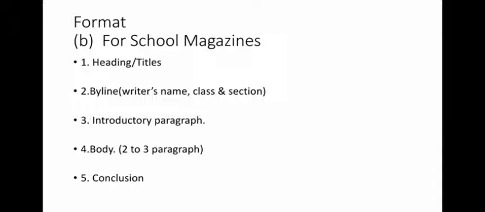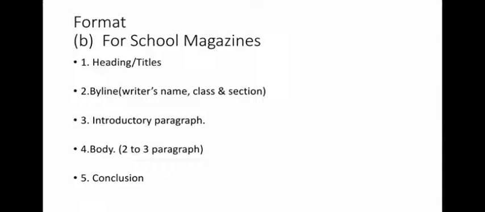format remains the same. The format is divided into five parts: number 1, heading; number 2, byline; number 3, introductory paragraph; number 4, body; and number 5, conclusion. It will remain the same, you don't have to get confused, but the only thing that differs, the only thing that this article for school magazines differs from the article for newspaper is